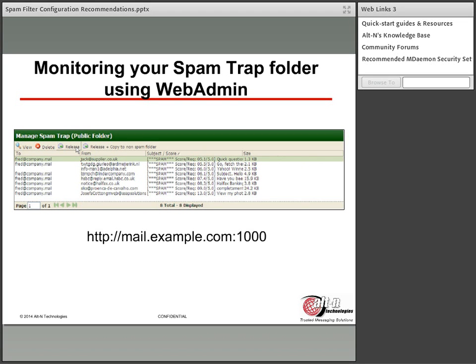Now, in most cases, you can access WebAdmin by entering your MDaemon host name plus a colon and then the port that WebAdmin is running on. In most cases, that would be port 1000. Once you're logged in, you can select Spam Filter from the bottom left in the navigation menu and then click on Spam Trap Folder. And then from the above list of options,